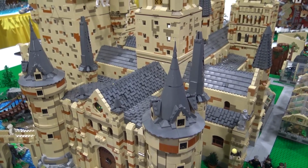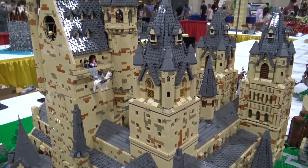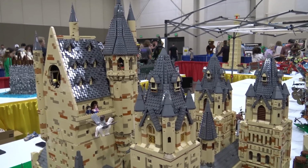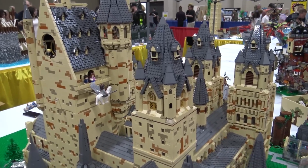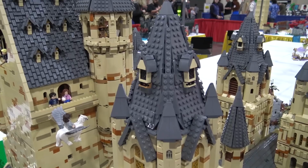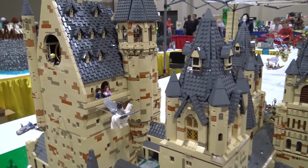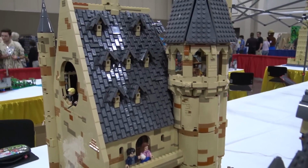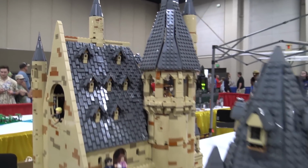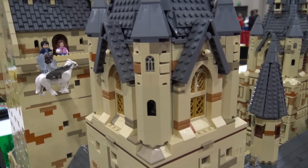And then for the buildings themselves, you did a great job breaking up the tan, which is something that you see with a lot of Harry Potter layouts. It's all tan. So what were some of the colors and pieces you used to add some other texture there? So I started with just trying dark gray, dark tan, and then I tried incorporating gray, and it just didn't work. And I was happy when the Harry Potter line out of Lego used the medium nougat, I think is what it's called, and dark orange, and it just kind of